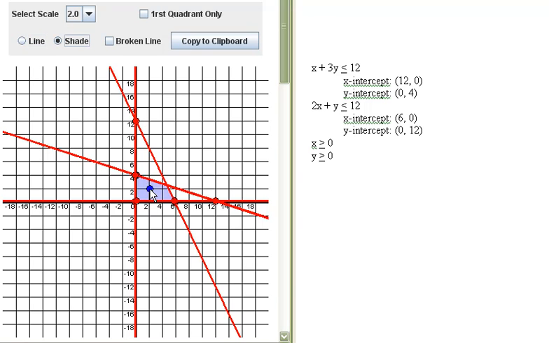But if you wanted to check, you would take this point 2, 2, and you'd put it in all your equations. Well, 2 plus 3 times 2 less than or equal to 12, yes. 2 times 2 plus 2 less than or equal to 12, yes. 2 bigger than 0, yes. 2 bigger than 0, yes. So it has to make all your